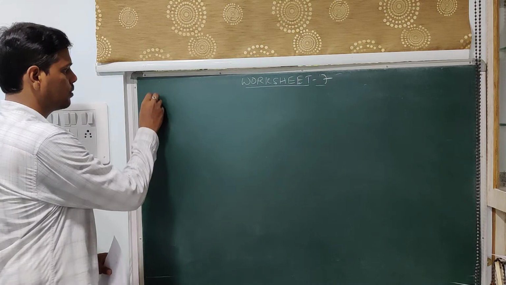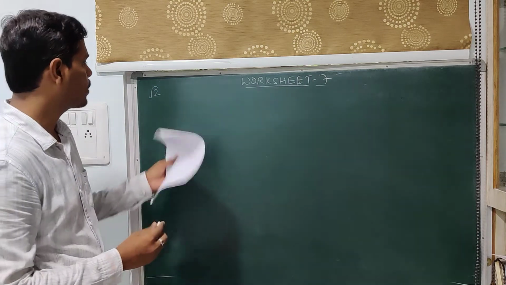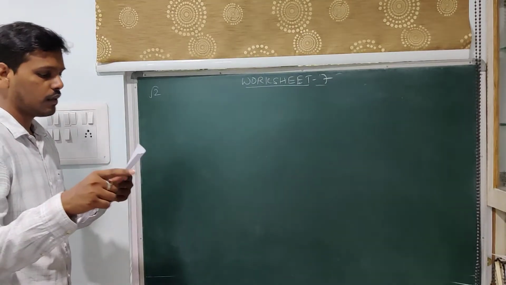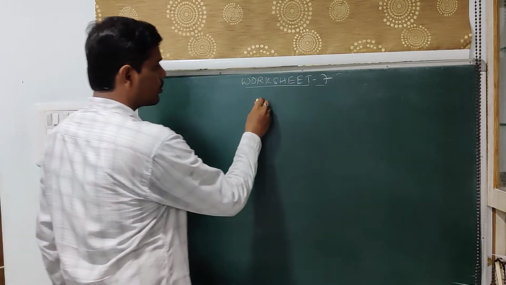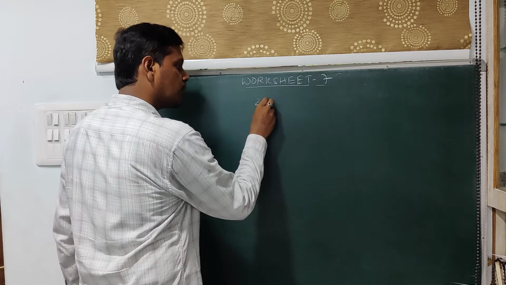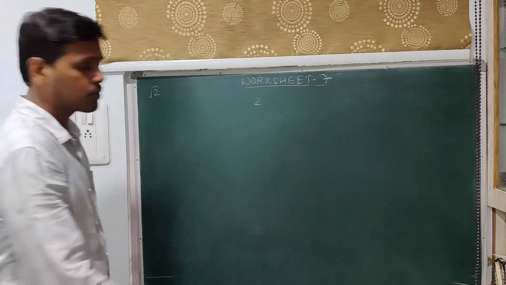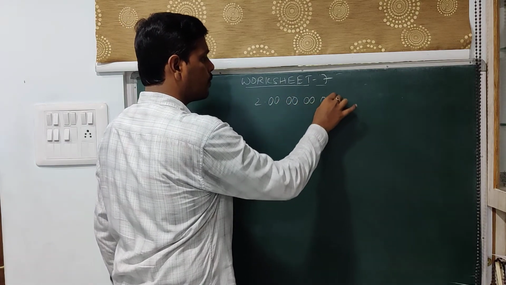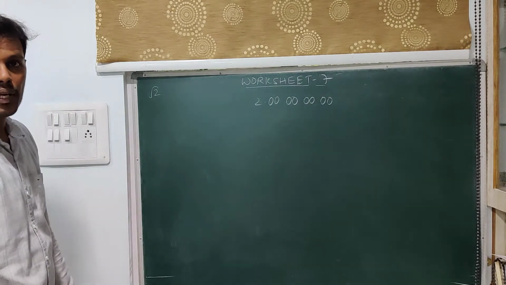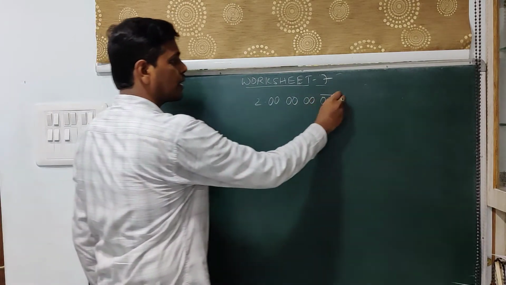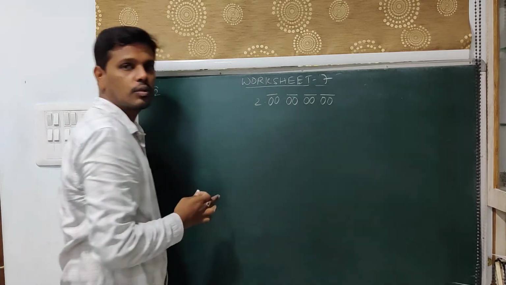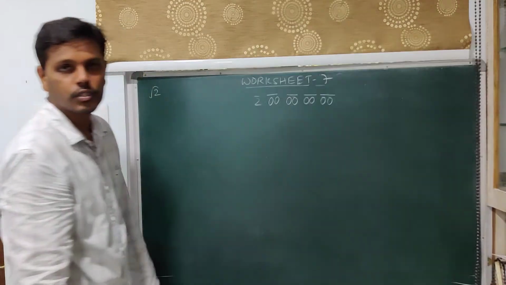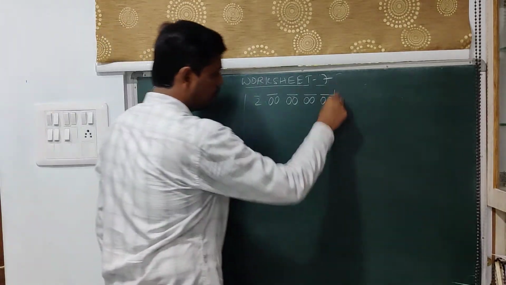So first one is root 2. Now I am trying to evaluate root 2 in its decimal form, and we are told to evaluate up to 4 decimal places. So I will put a point and I will put 4 pairs of zeros. This is one pair, second pair, third pair, fourth pair. Now start pairing from right to left by putting a bar. However, if you are left over with 1 digit at last, you keep a bar on that 1 digit. So now go with the process.